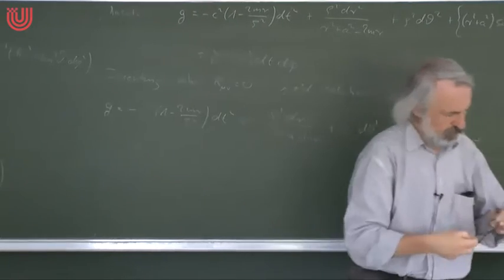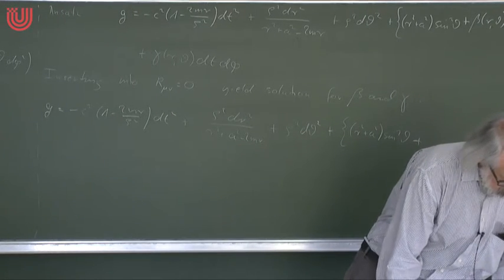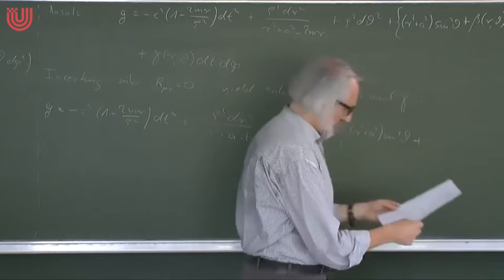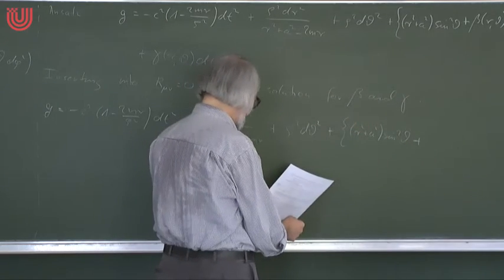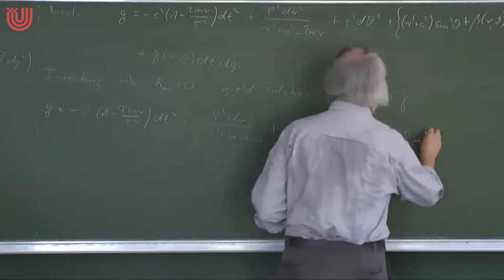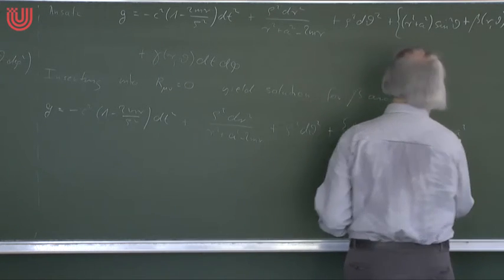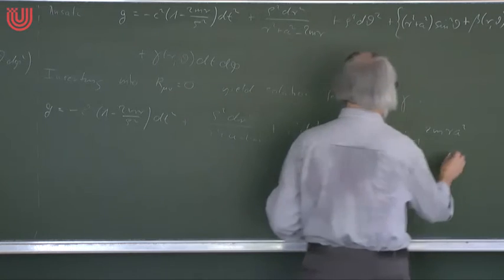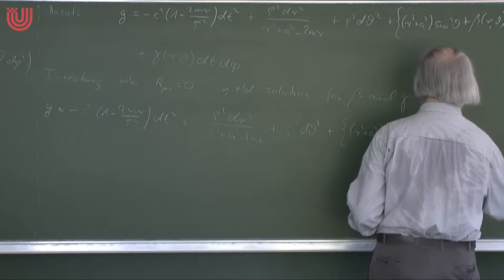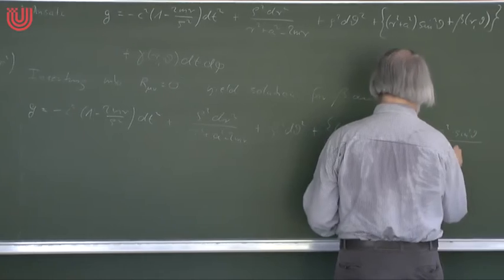Let me look this up. Yes, that's 2m r a squared. So you see it goes away for a equal to 0, as it should. Sine squared theta divided by rho squared